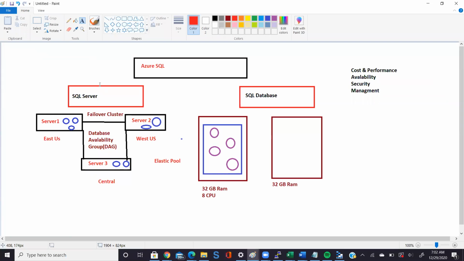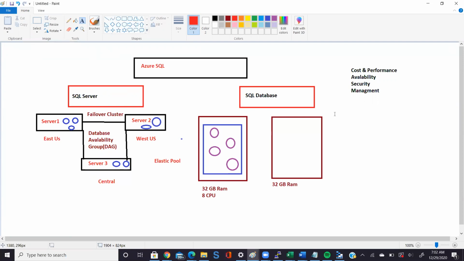For a SQL server high availability, you have something called failover cluster. For a SQL server, you have something called elastic pool. Elastic pool, okay. How is Microsoft going to charge?